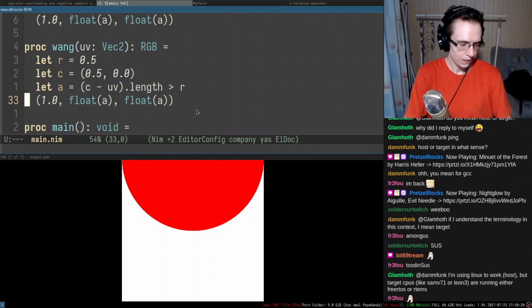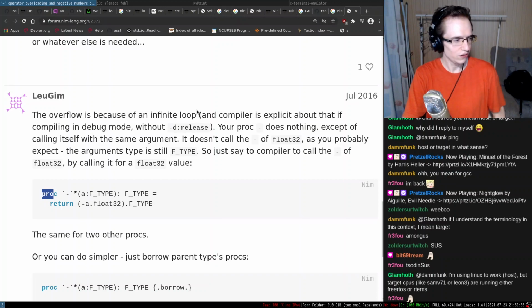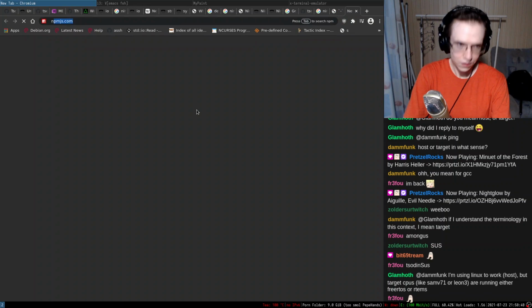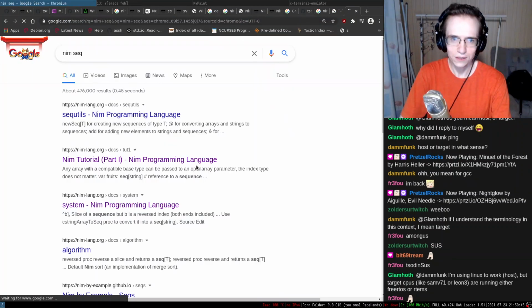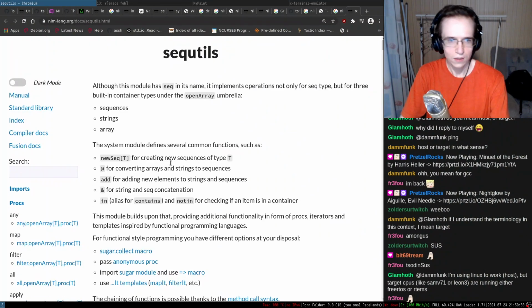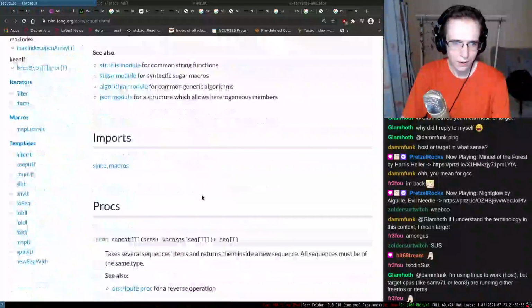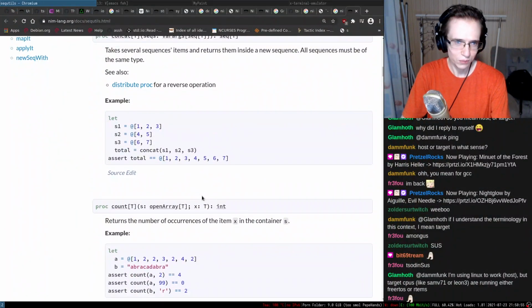So, what's going to be the easiest way to add the second one? So maybe we're going to have a sequence of these points. Right, sequence of these points, nim sequence. I remember that nim had some sort of a sequence and whatnot, and I would like to have some sort of examples to see how you're supposed to work with this kind of stuff. So we can have this kind of thing, but maybe that's not what I want.